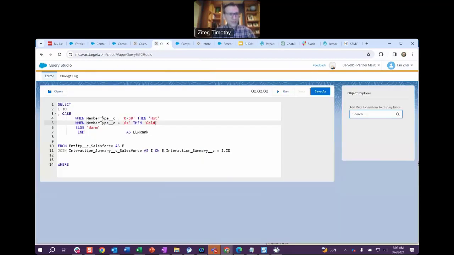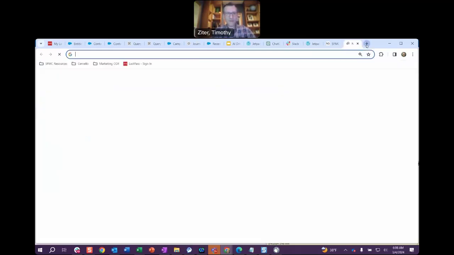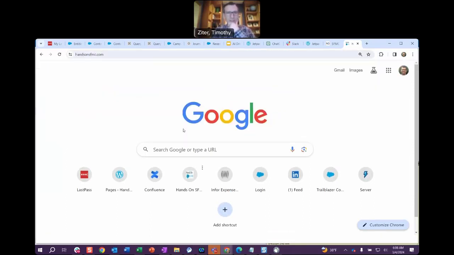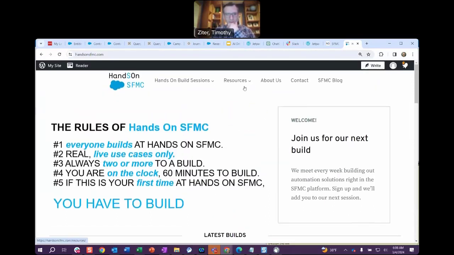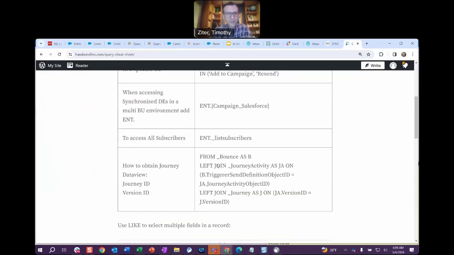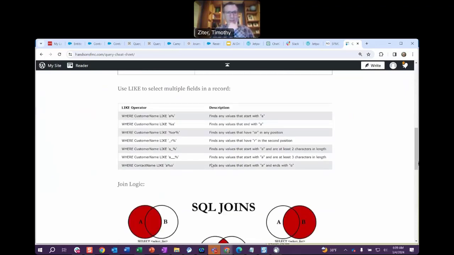And we're going to go back into this query, and this is that field that is on the E dot, which would have that value in there. Okay, and then for the syntax of where this is included, let's go to hands-on SFMC. There's a query cheat sheet that I use often. Let's click into this query cheat sheet, and this should show us a way to use a like statement